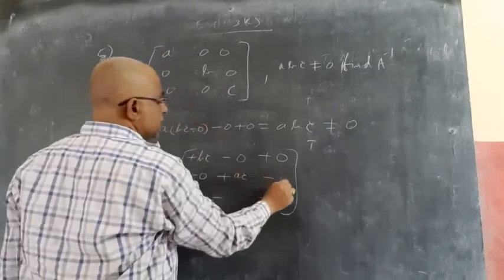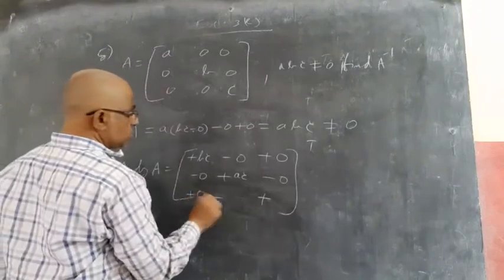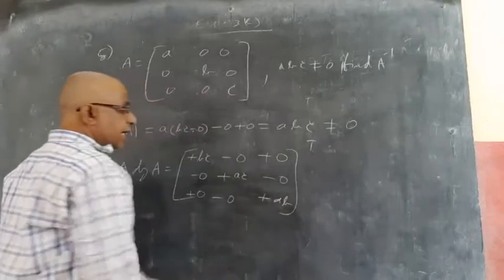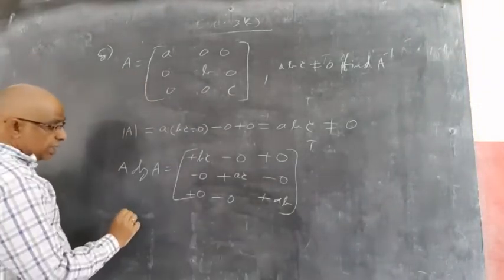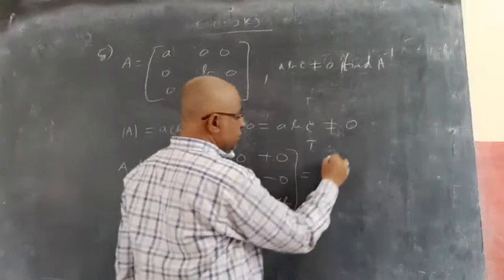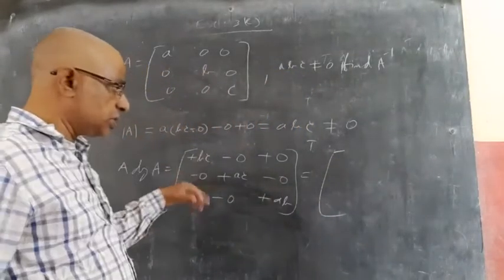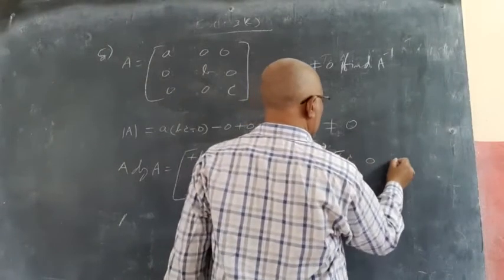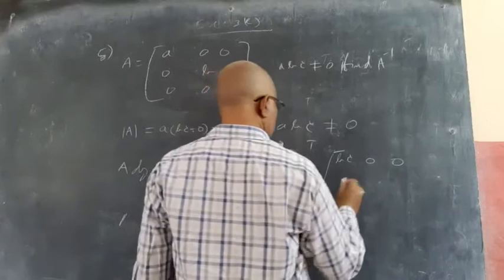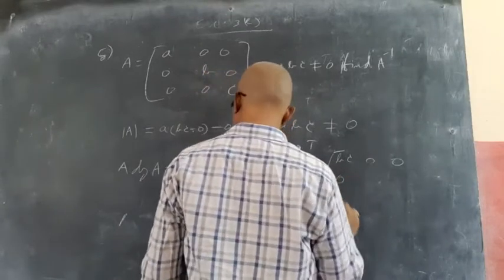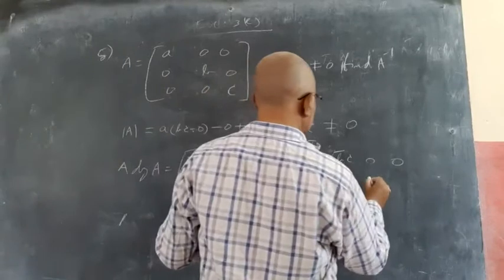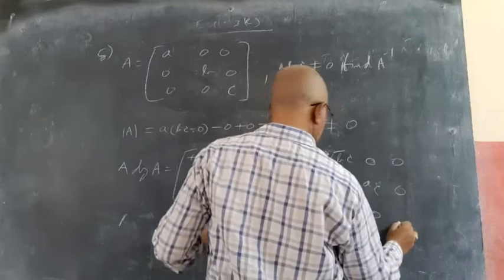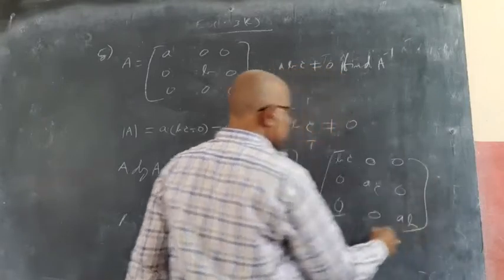Next, again 0. If you observe, this is 0, this is 0. Again coming to the last element, AB minus 0, AB. Now I need the transpose of this. Transpose is changing rows into columns and columns into rows, which gives you the same matrix always. So BC, 0, 0. Next 0, AC, 0. Next 0, 0, AB. So this is the transpose, and this is adjoint A.